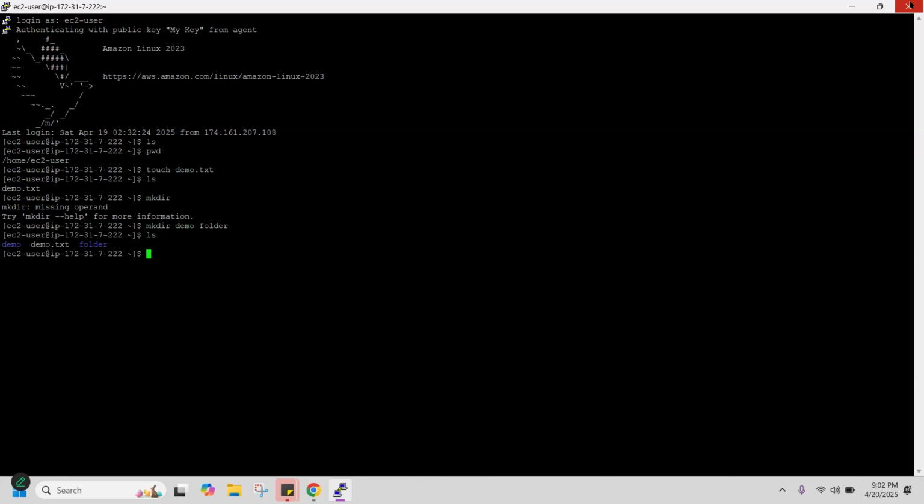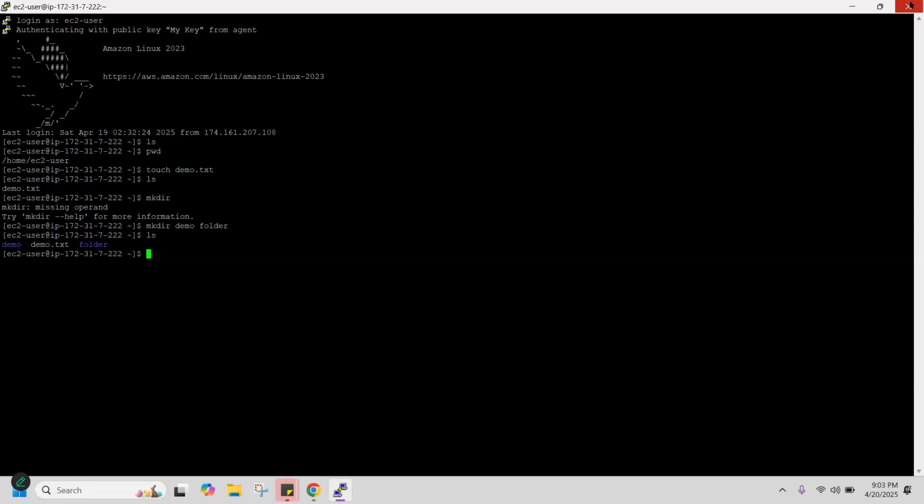Can you see? Basically, what you did is you actually created two folders if you see carefully, right? The one folder name is nothing but demo. The other folder name is folder, right? So we don't have to keep a space. It created two folders for you, and a demo.txt you saw, right? Now, if we don't want one folder, we don't want this folder, what we can do is